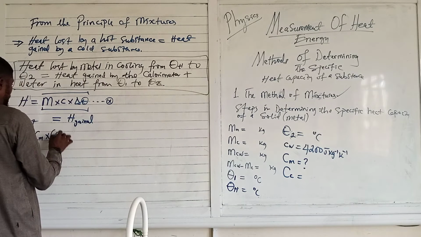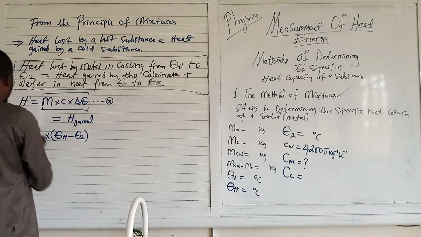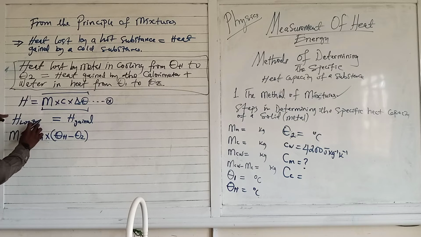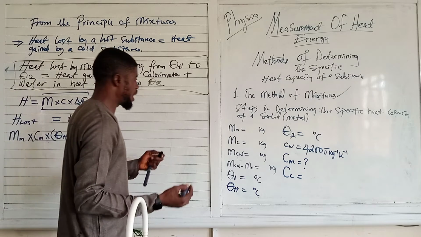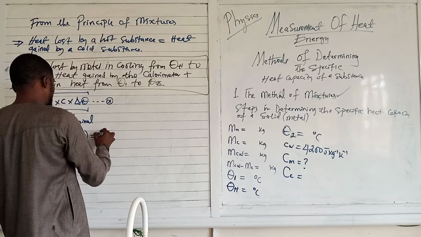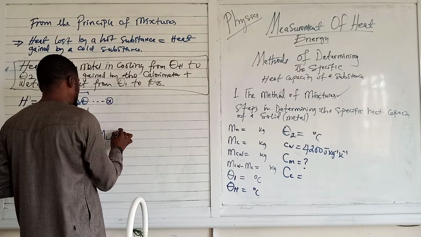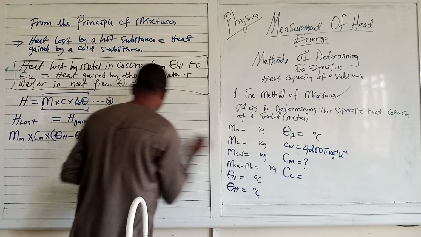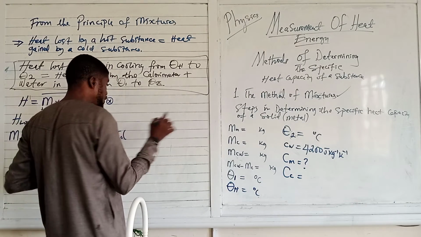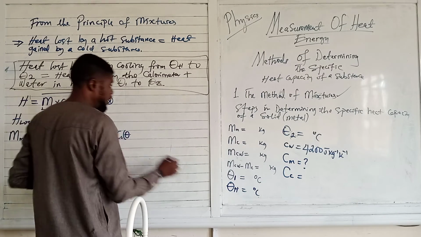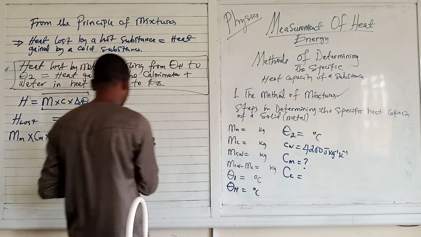That is heat lost by the metal, equals the heat gained by the calorimeter, which is as follows. We write mass of calorimeter times specific heat capacity of calorimeter, which will be given to you as a constant, times change in temperature. This time it is theta 2 minus theta 1